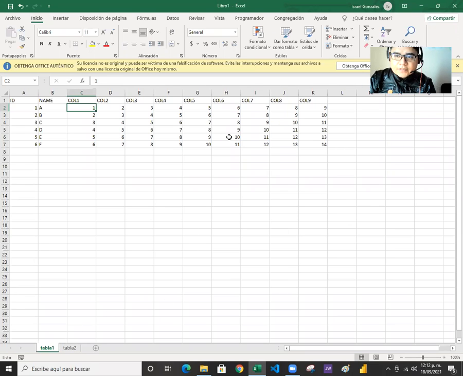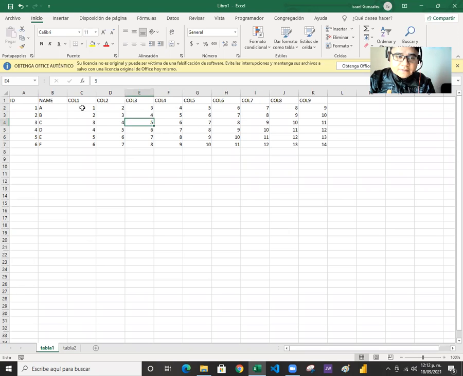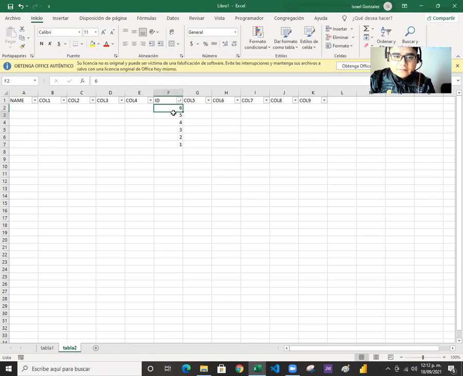I have created this Excel file very quickly in order to have data in table number 1, in Spanish tabla uno, and the task is to pass data from table number 1 to table number 2. I have the IDs in different order from table number 1. As you can see, you just have 1 to 6, and here you have them